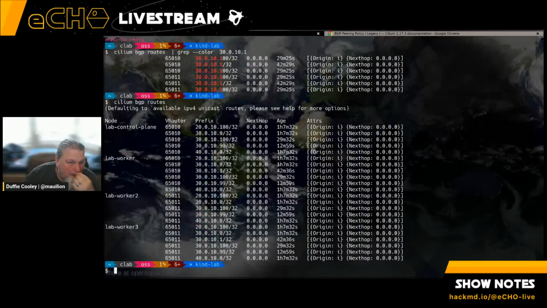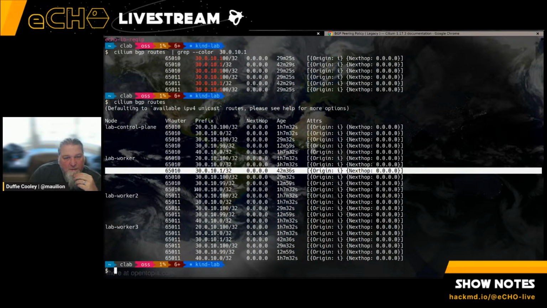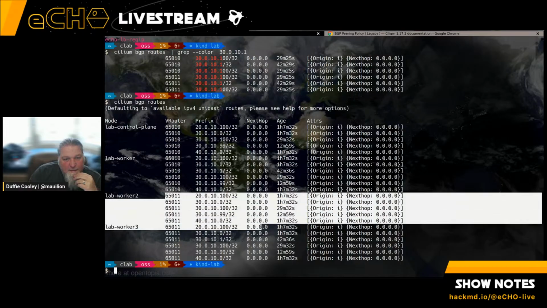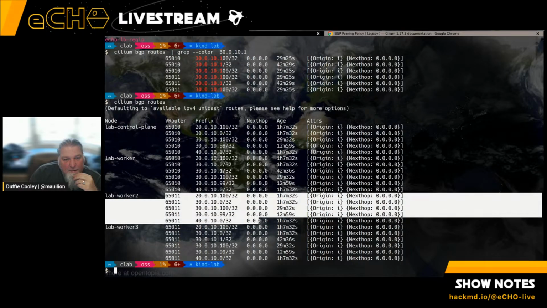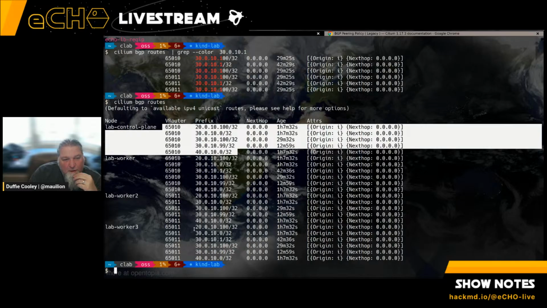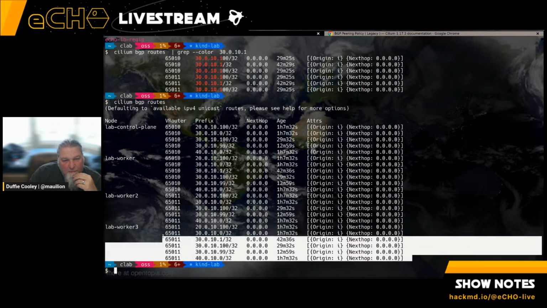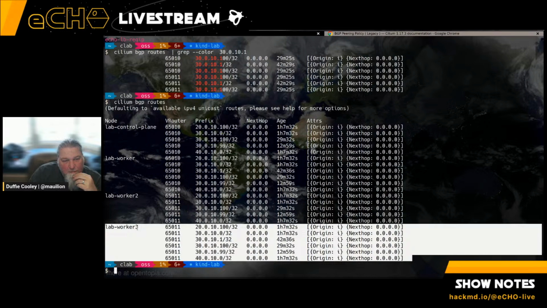So BGP. What I can see is now lab-worker is announcing 30.0.10.1. Lab-worker2 is not, nor is control plane, but lab-worker3 is. Because I have local, which means that I'm only going to send traffic where nodes have a pod resident,